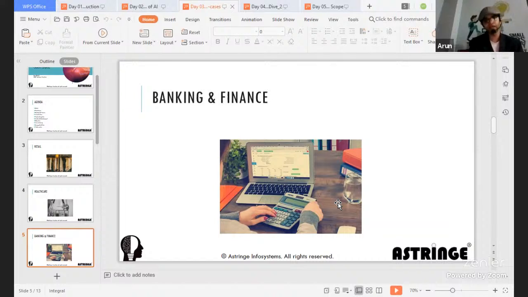In banking and finance, particularly, a lot of charts and reports are extracted on a regular basis, and there are quite a lot of compliances to follow, right? So banking and finance is one area where AI is going to have a profound impact, and I'm pretty sure that is going to be there not just today but also in the future.